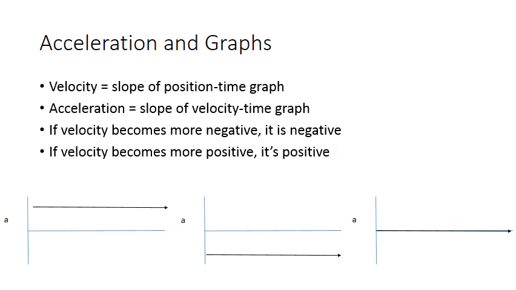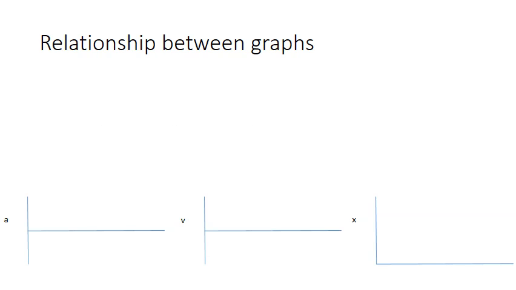If the velocity becomes more positive, the acceleration is positive. Now that means different things depending on which direction you're going at the start. And just like in the graphs on the last slide, if there's no change in velocity, there's no acceleration. We're going to look at the relationship between acceleration time, velocity time, and position time graphs for a few specific